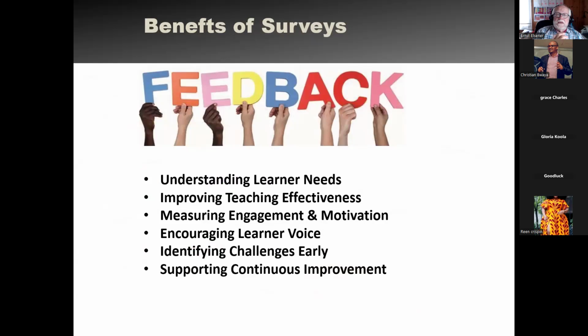Now, what can be used, the Google Forms can be used for different benefits. You may want to understand better what the learners really need. You can improve by adjusting your lecture. You can improve your teaching effectiveness. You can, of course, also measure engagement and the motivation of the students. You can also give them an opportunity to explain their own feelings, their own experience. You can